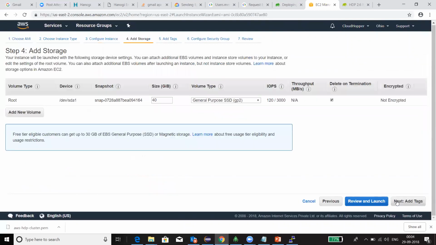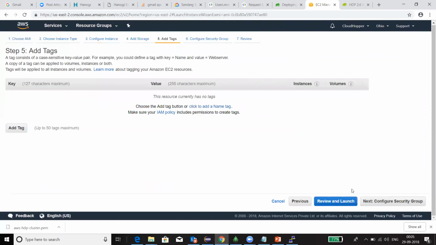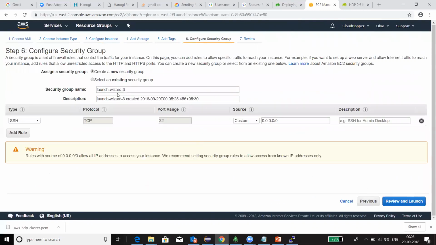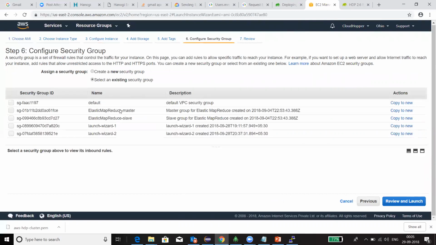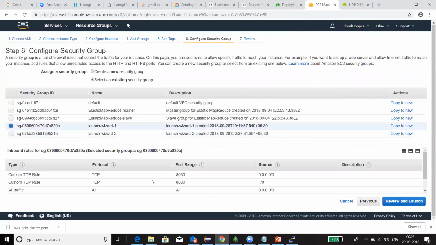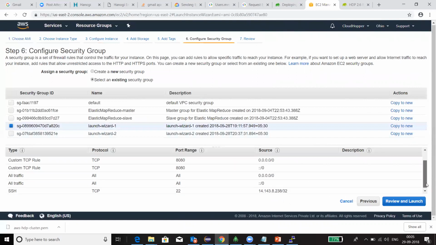Everything else is same. Adding storage, no. 40 GB is good. All right, free tier customer, so it will charge me something for 10 GB more. I could have taken 30 GB. That would have been all right, but it's okay. I'm not going to add any more tags here. I'm going to configure a security group. I'll select an existing one and I'll take launch wizard 1, whichever was available earlier,